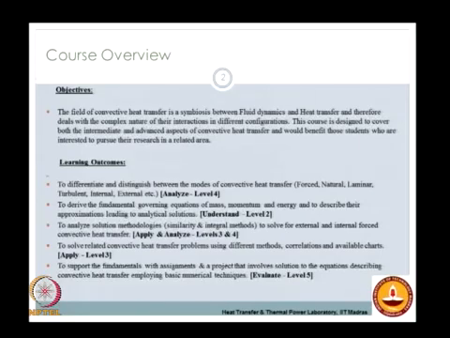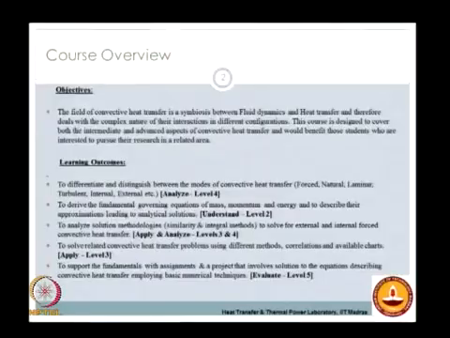the objective number 4 would be to solve related convective heat transfer problems. This is more on the applying level, and I think most of you in your heat transfer course have already done this, where you are given a set of heat transfer correlations, and then you just use either the correlations or available charts to solve problems. So that will be on the level of applying, on level 3, and finally you will be not just doing